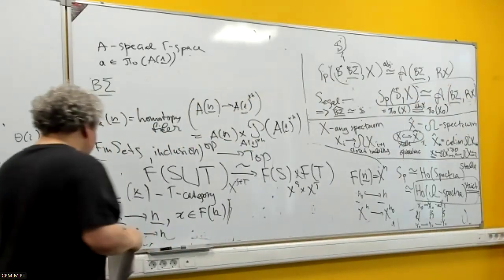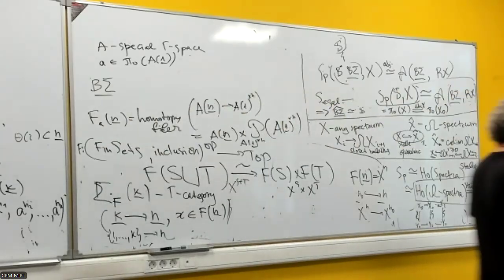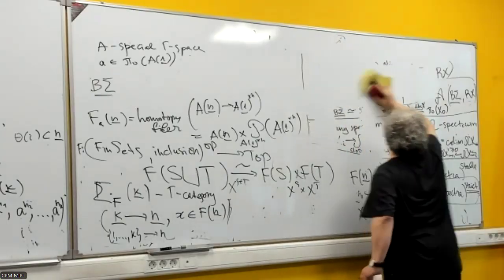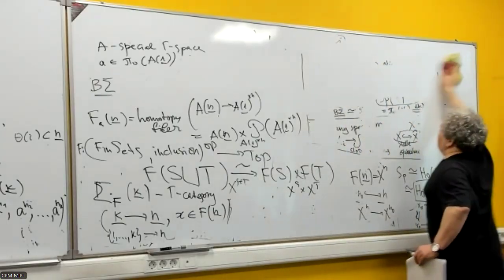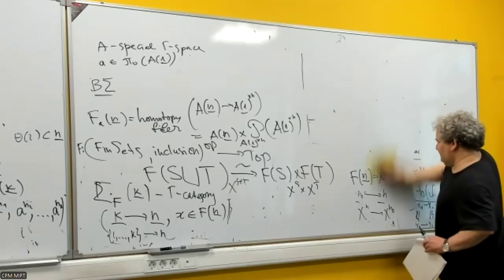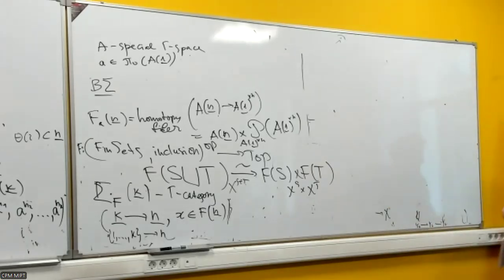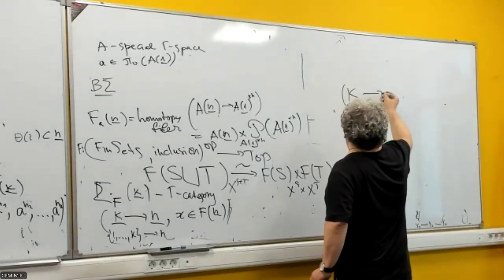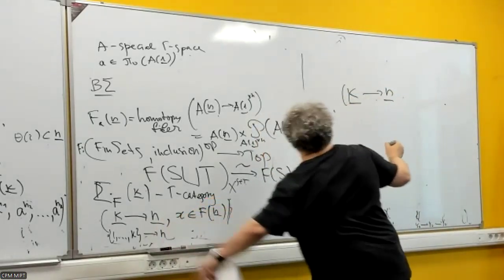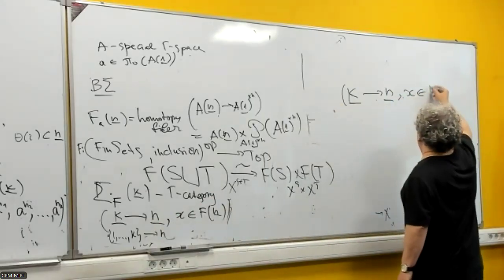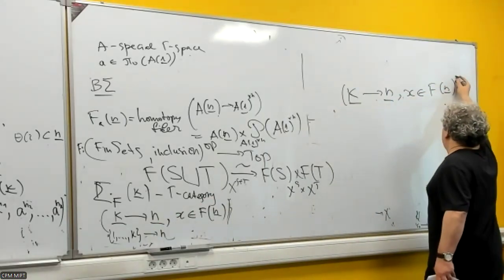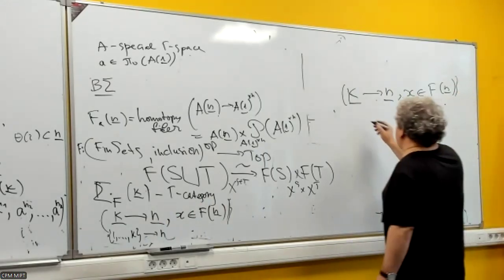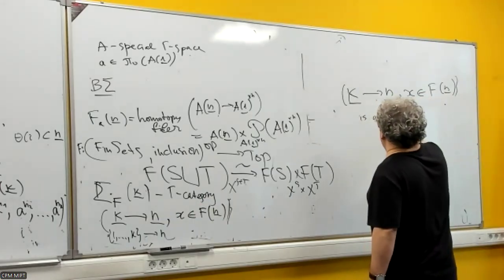Yeah, and then I consider the following category. So the objects are these maps k to n, such that the image of 1 to k is n, and some x in f of n, some element. So the claim is that it's a gamma category, is a gamma category because